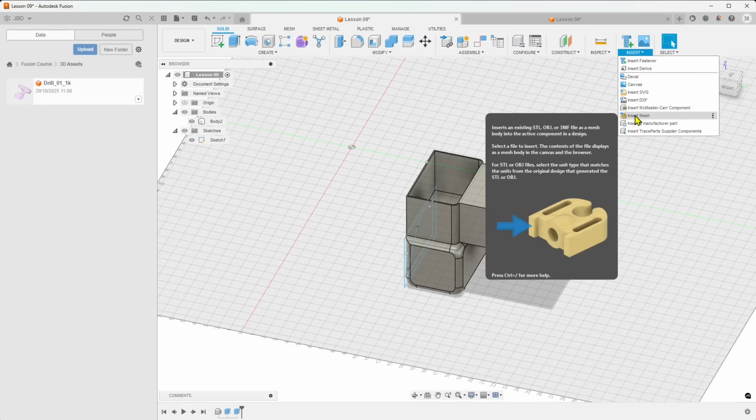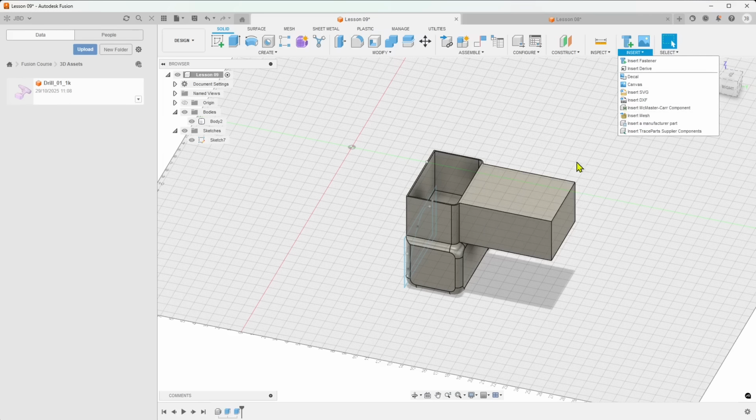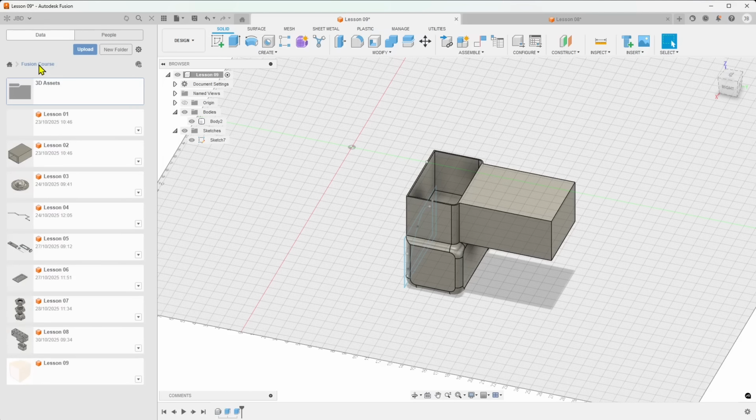You can use the insert mesh only with STL, OBJ, 3MF format. And by the way, Rhino will also be NURBS, so it's not always a mesh. And so what we're going to do is use again this panel right here. Well, I've already uploaded those, so